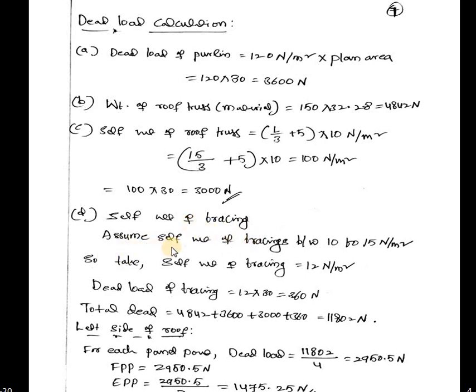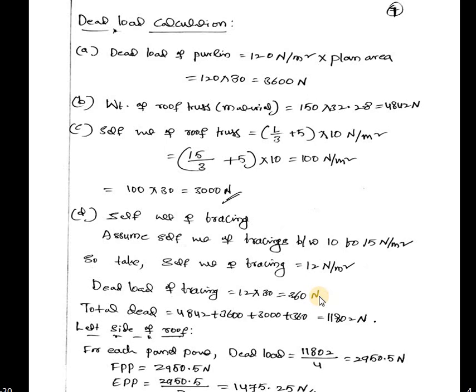For this, I am assuming self weight of bracing between 10 to 15 Newton per meter square. So take self weight of bracing equal to 12 Newton per meter square. Therefore, dead load of bracing equals 12 into plan area 30, that is equal to